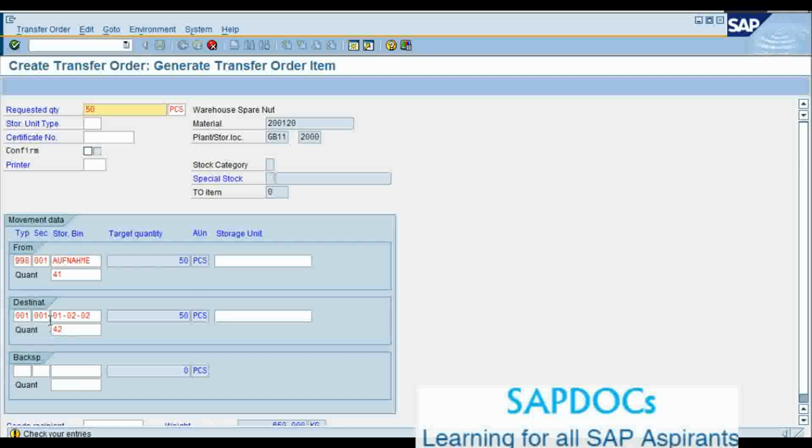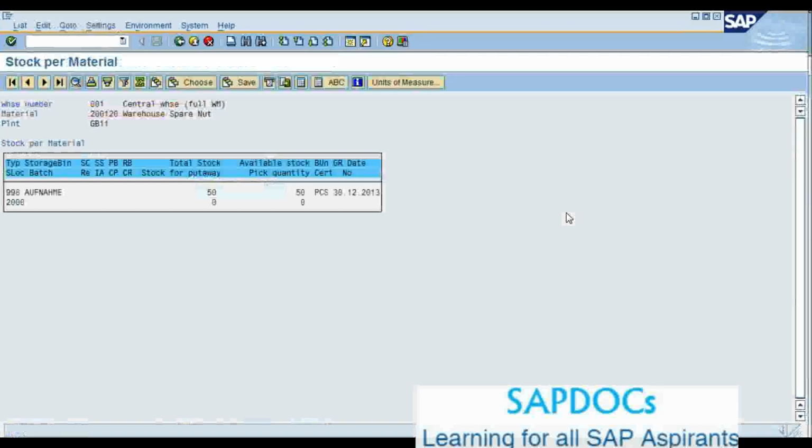In case you want to specify or superimpose the bin that has been suggested by the system, you can do so over here. So for example, let me superimpose this particular selection by the system by a bin of my choice. So I will go and see